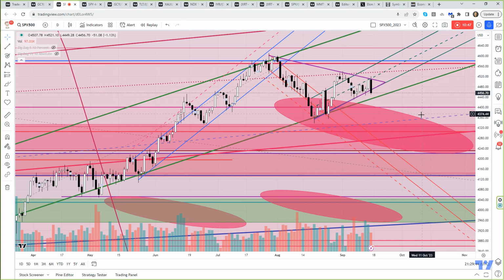And what I believe we're looking at here, ladies and gentlemen, is an apexing formation. I believe it's going to be to the downside. A, B, C, D, E. Let me try to draw that. So we would have A, B, C, D, E moving into this area, moving the S&P, SPX, down to 4240, 4280, maybe a bit deeper. I'll show you the deeper levels as we move forward.